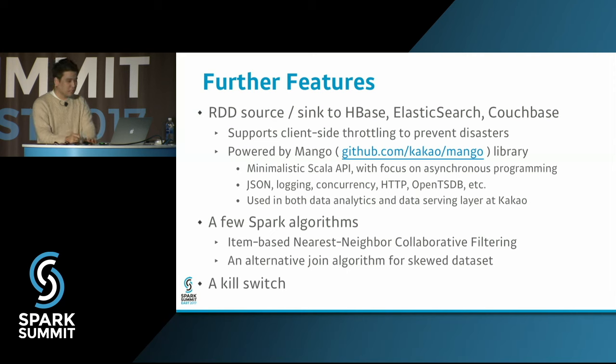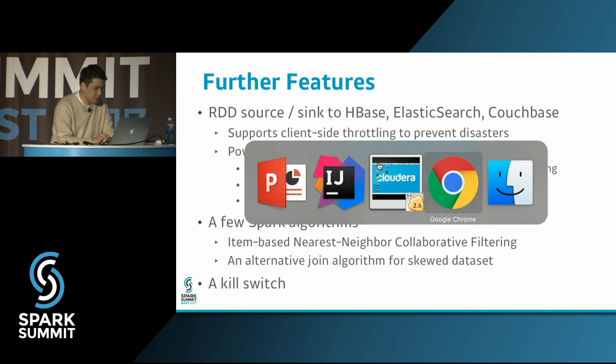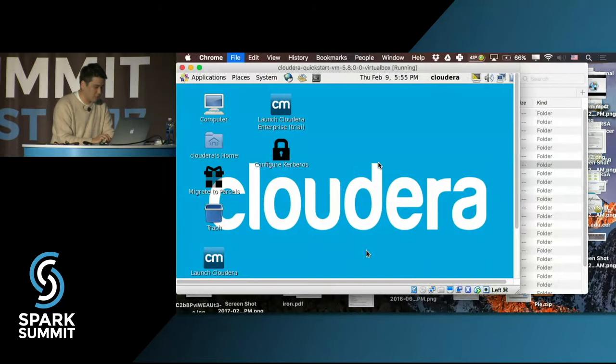It is a Scala core utility library providing a minimalistic Scala API focusing on asynchronous programming, like JSON, logging, concurrency, and client interfaces to HTTP and Telnet, OpenTSDB. And it is being used in both data analytics and data serving layer at Kakao, like web servers as well. And a number of data analytics algorithms like nearest neighbor, collaborative filtering, and alternative join algorithms. And it also happens to feature a kill switch, because it is sometimes tricky